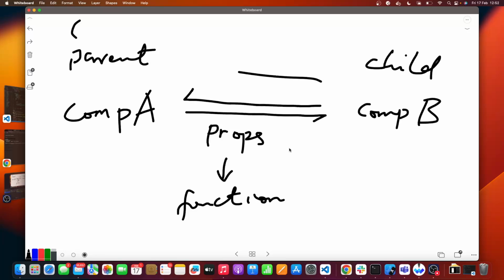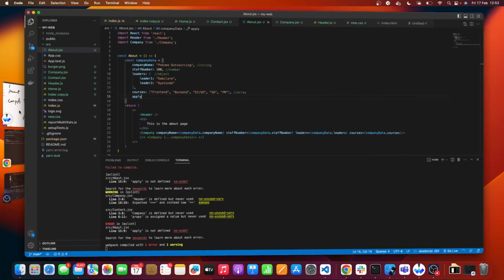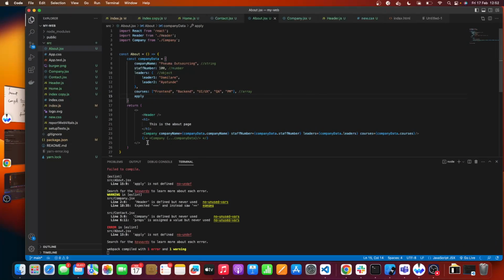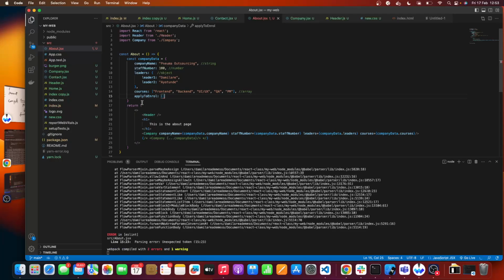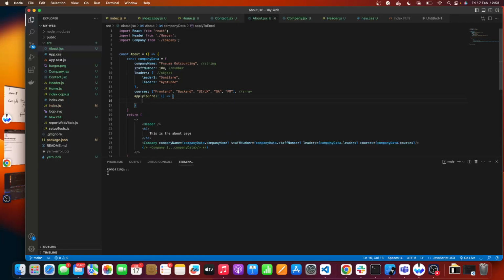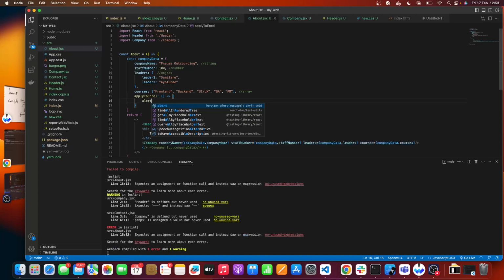Can we proceed? Okay. We've seen how the parent has been passing to the child. Apply to enroll. Apply to enroll. And now look at it. We now make it a function. We have already declared it with a name here already. Apply to enroll, right? We now call it a function. And then we say inside this function, just alert us. Let us know that someone wants to enroll. Alert someone